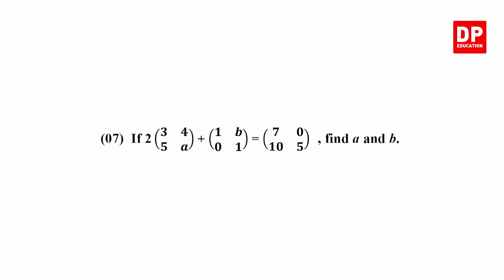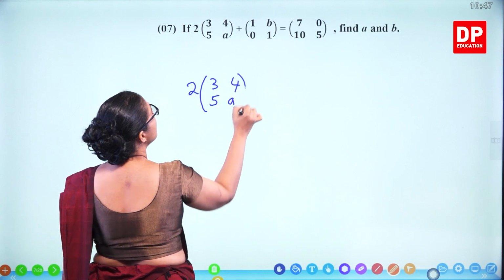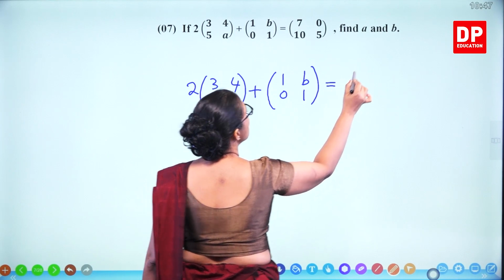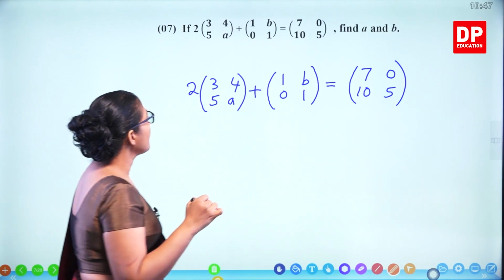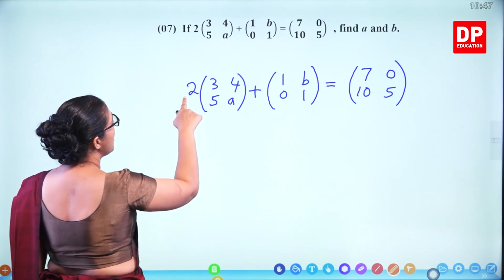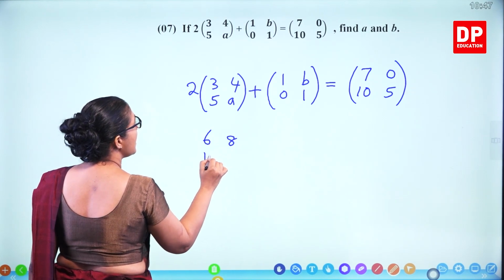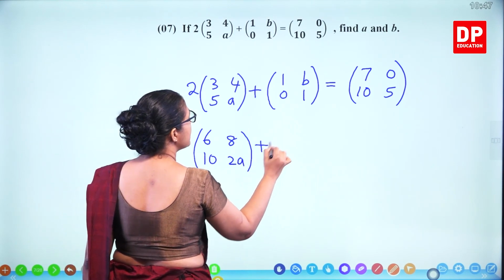Question number 7. If this is satisfied, find A and B. So this is a matrix: 2 times the matrix 3, 4, 5, A, plus the matrix 1, B, 0, 1 is equal to 7, 0, 10, 5. So all the sizes are the same, the order is the same, so you can add it. First you multiply by 2, all the elements you have to multiply by 2. 6, 8, 10 and 2A. Then you have to add